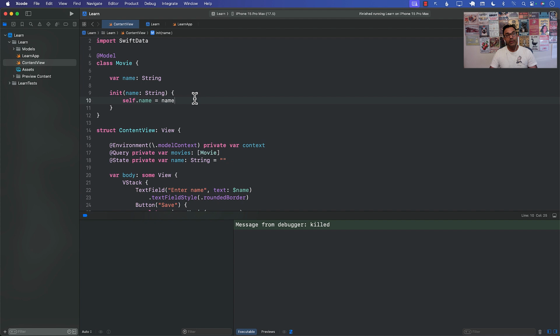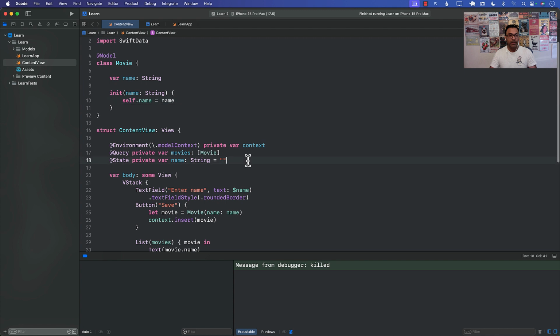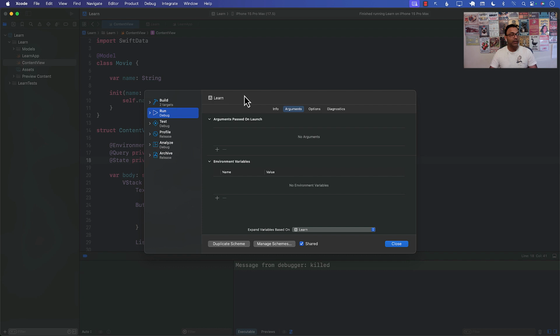The good news is that SwiftData uses the same architecture behind it, the same underlying mechanism that Core Data is using. So all the different flags and everything that was recommended and used for Core Data can also be used to debug SwiftData. In order to do that, let's go to our scheme and edit the scheme. Now there are many arguments that you can actually pass. One of the arguments that you can use is for